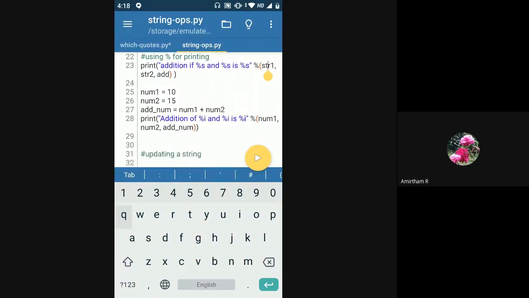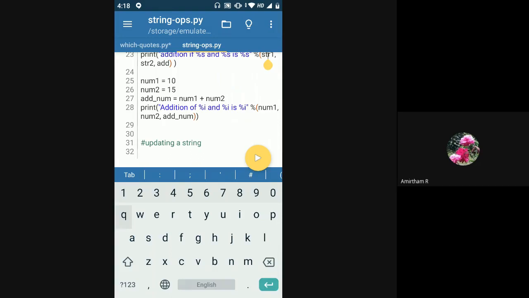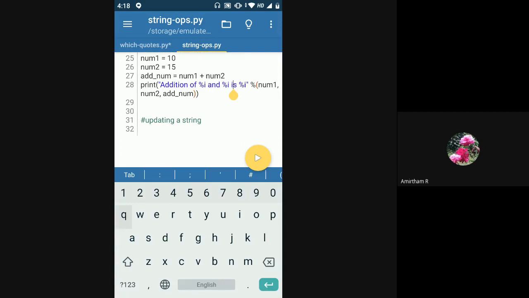So then we saw, if it's an integer, then we have to use either percent i or percent d. And if it's a float, we saw it was percent f. And if there is a certain number of decimal places, right? By default, yesterday we saw, if you put percent f, the float or decimal number that you want to print will come to 6 decimal places. But if you just want a certain number of decimal places, like 2 decimal places after the point, then you have to declare it using percent point 2f. So all these things we have seen yesterday.